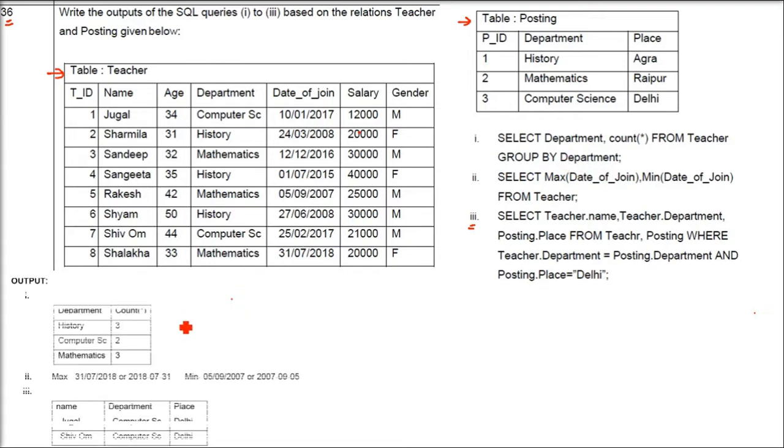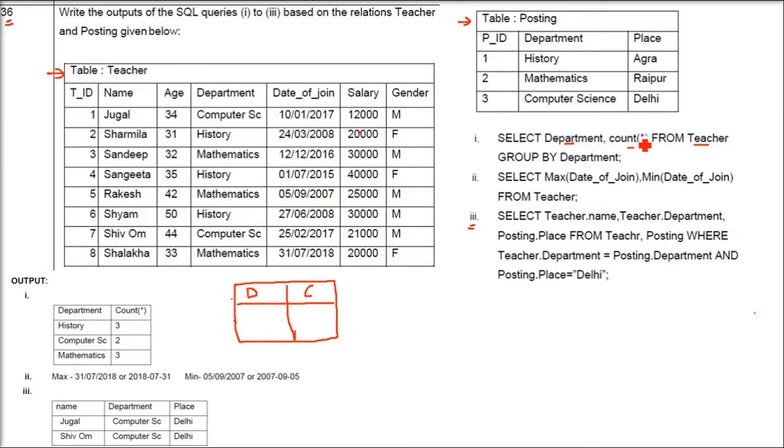What does it mean? Let me show you the solution. Now there is a small problem in this solution. I'll just tell you what the problem is. From teacher, that is, you have to use the table as teacher. So this table we are going to employ. Select department and count. So whenever the table is going to come, one column will be department, the other column will be count. I'm writing only the initials. So department and count. And there will be two columns, because whichever we select, those will be the columns.